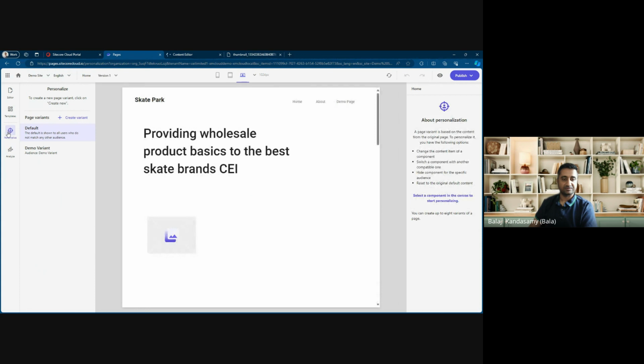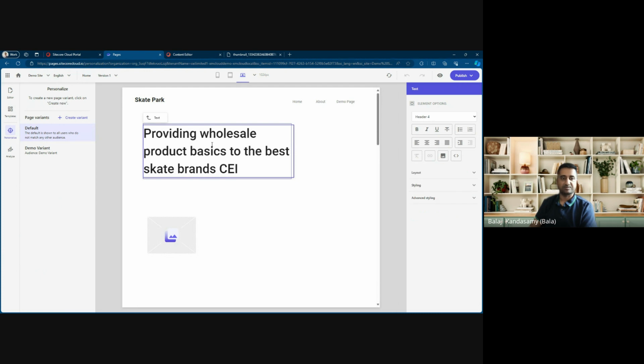So moving on to Personalize. Comparing it with XP or XM, in the past you would have personalization at each component level. But something to be aware of with XM Cloud is that personalizations are typically done at the page level. For each page, you need to create different variants. And once you create the variant,